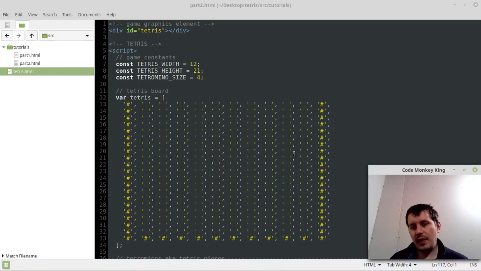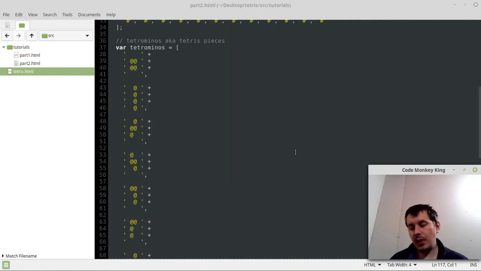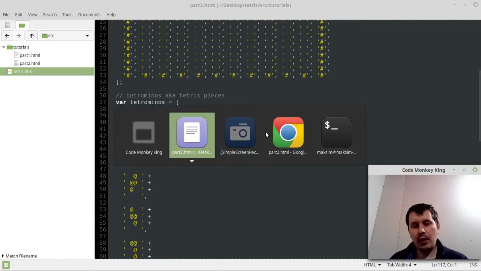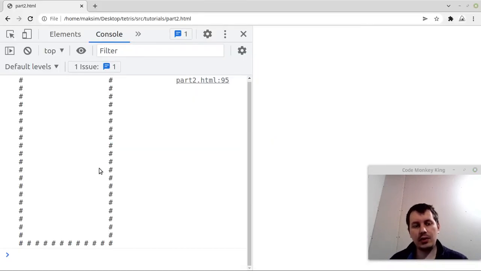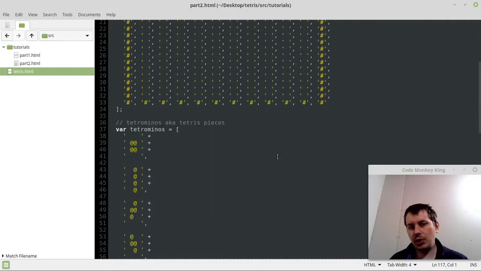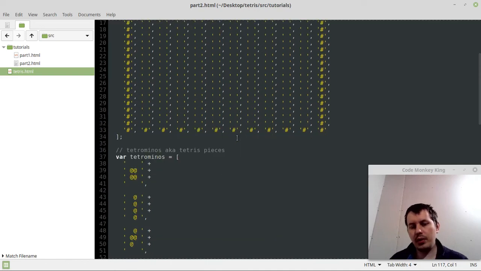Kamakin's here. Last video we drafted the core data structures needed to drive the entire game, and now it's time to render the graphics to the browser, because so far the output we had was this console output. So we have our Tetris board data structure being printed. And now, before we start writing the function to actually render the entire Tetris board with the tetrominos that have